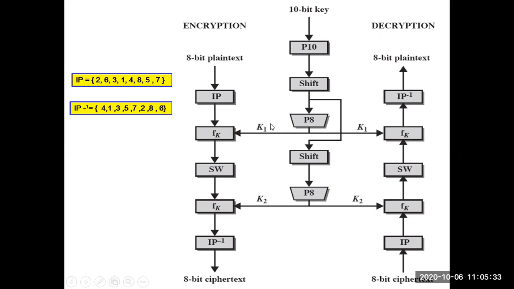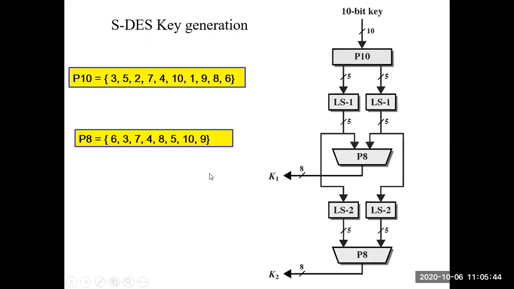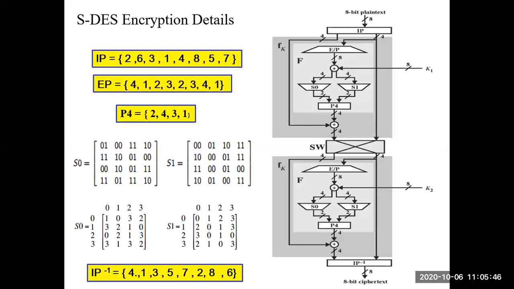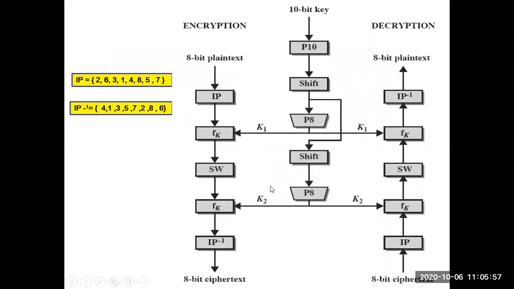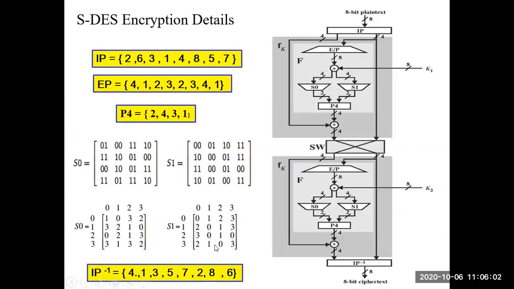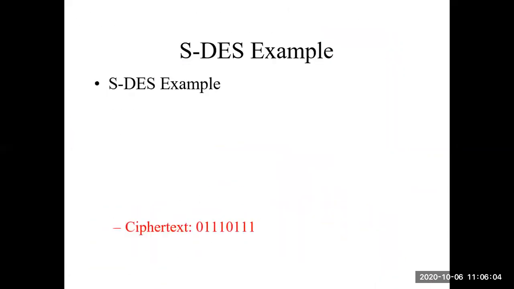Each round function uses a round key, K1, K2. We saw how this round function is implemented in detail in the simplified DES. We saw the key generation algorithm and the round functions. You see Fk represents that round function, then the initial permutation. Then we have swapping in between. Then the second round function with the second round key, and in the end IP inverse without any swapping. So all this we saw.